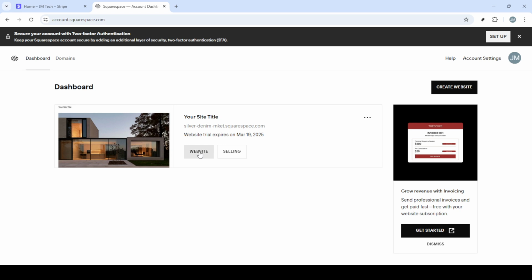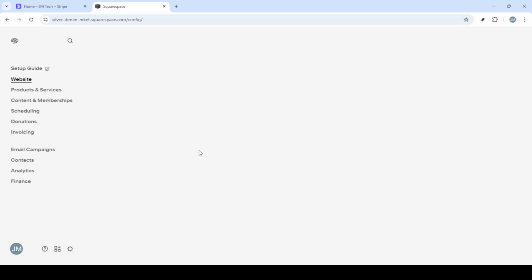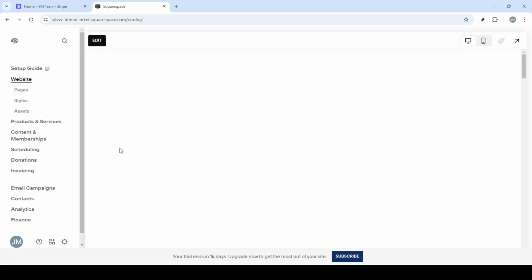After you've successfully logged in, direct your attention to the menu options. One of these will be labeled Website. Click this to proceed. You're now entering the zone where you can manage different aspects of your site. The next step takes you to the Content and Membership section. This area controls how you manage various elements of your site, including subscriptions and paid content, which will soon tie